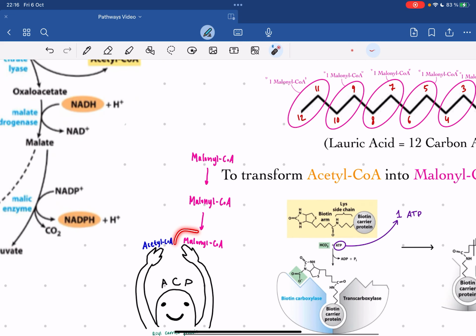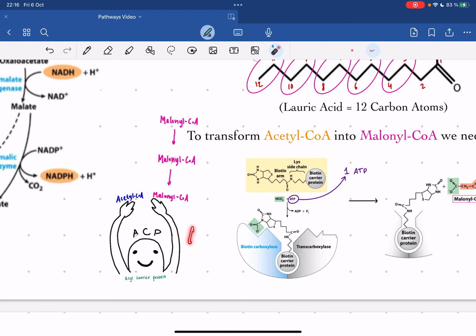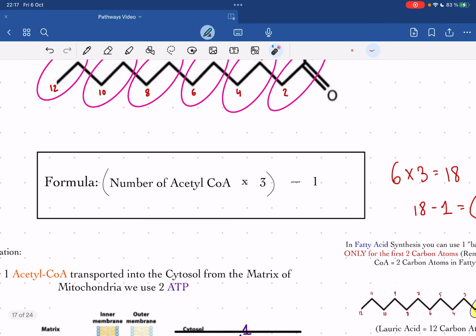So for every malonyl-CoA molecule we pretty much add in 1 ATP, because that is how much we need in order for the acetyl-CoA to be converted or transformed into the malonyl-CoA. So that is why not only does it take us 2 ATP per acetyl-CoA for the transfer of acetyl-CoA, we also need to transform it into malonyl-CoA, and that's why we add 1 here,